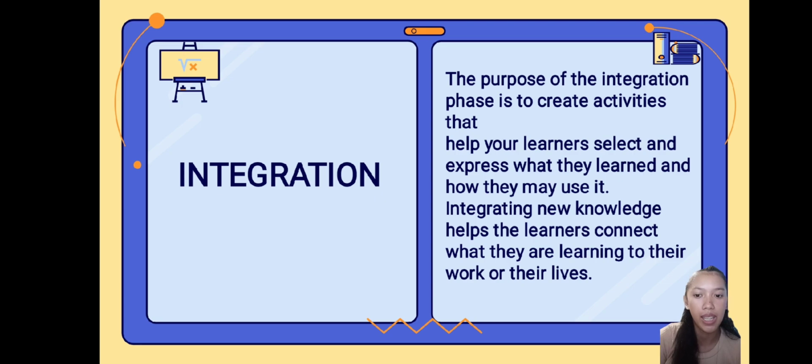And additionally, collaborate: have them collaborate with peers on a task or solve a problem together using what they